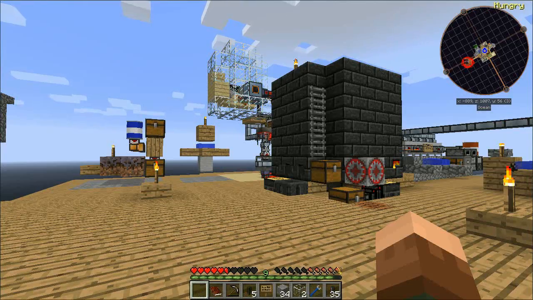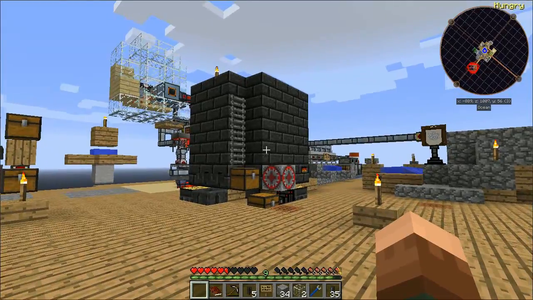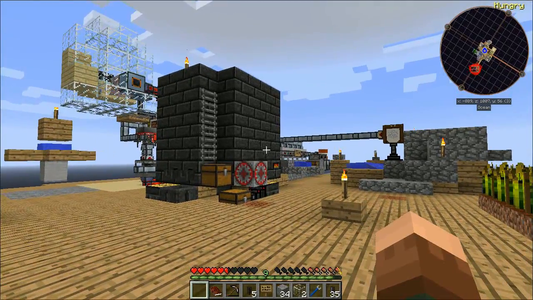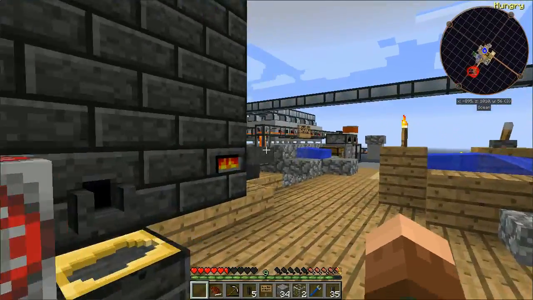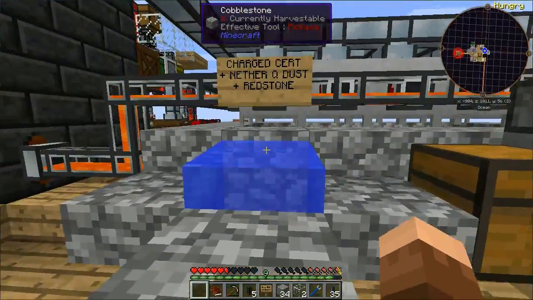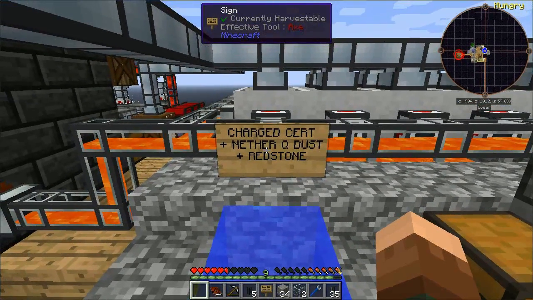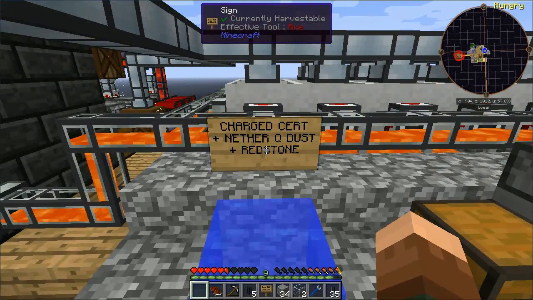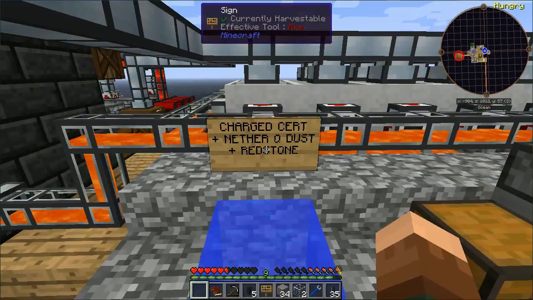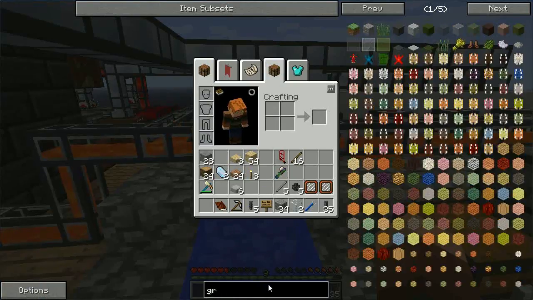Alright, I'm back, and here are a couple of changes in a little bit of time. Well, at least a day that I've been out trying to grind my way up. So, I messed up the Fluix formula. It's actually a charged Certus quartz crystal, a nether quartz dust, and a redstone dust to throw together. And so I found that I didn't really have charged Certus quartz dust,